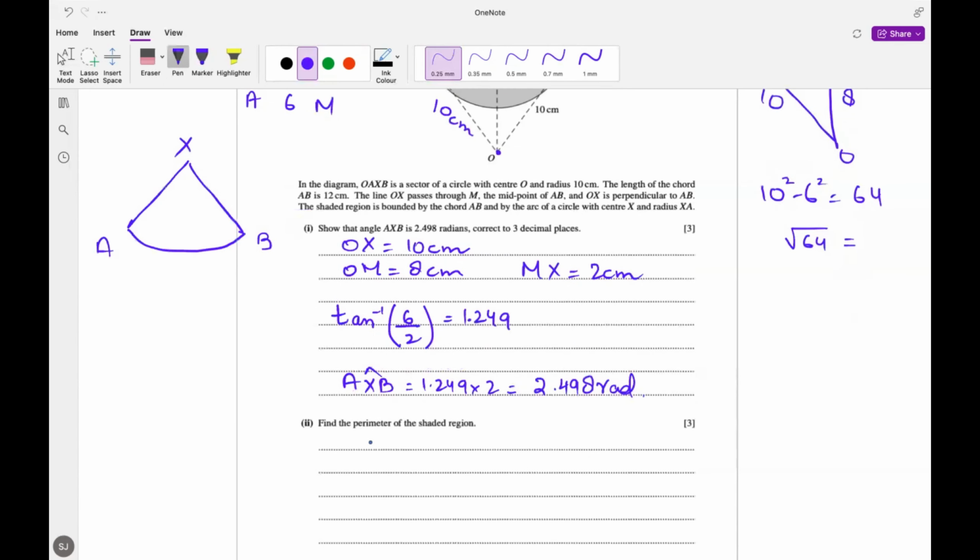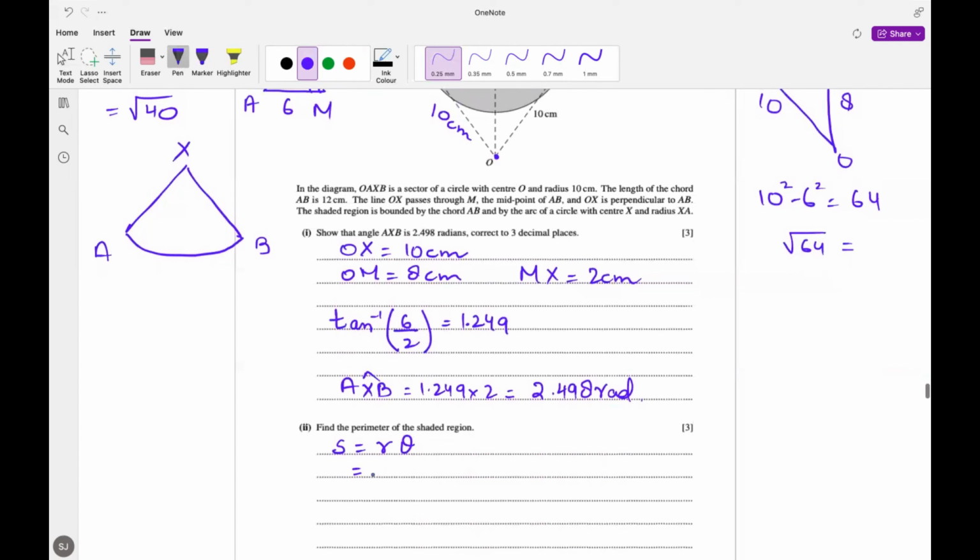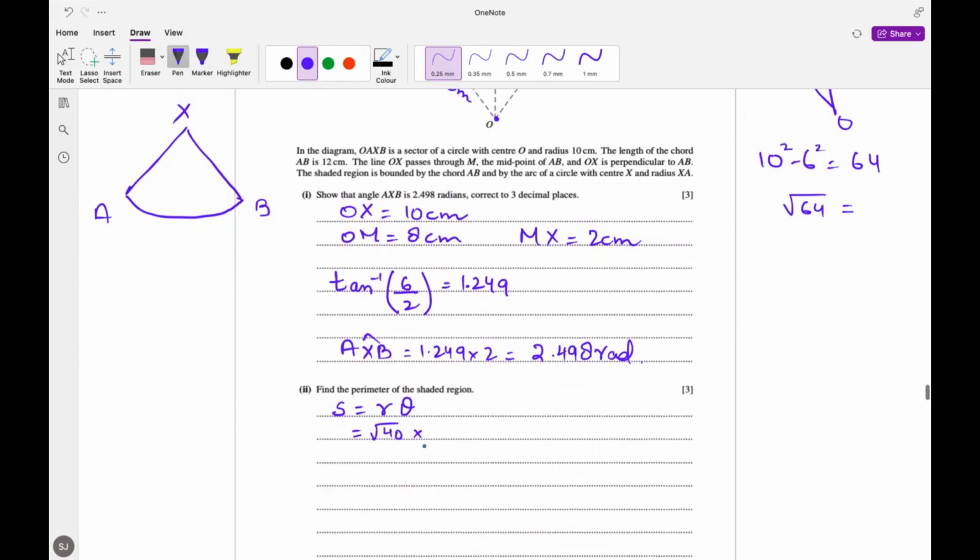Now to find the arc length, we know that the formula is s equals r theta. Now the radius is XA, so to find the length of XA, we can apply Pythagoras theorem, which is the square root of 6 squared plus 2 squared. So that will become square root of 40. So we have the radius, which is square root of 40, multiplied by the angle, which is 2.498. So 2.498 multiplied by square root of 40. This is